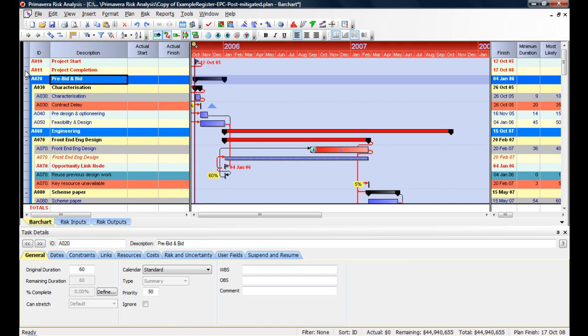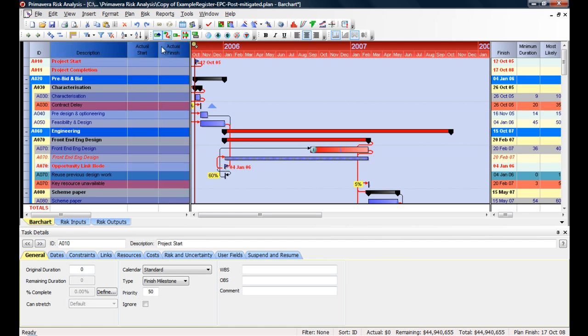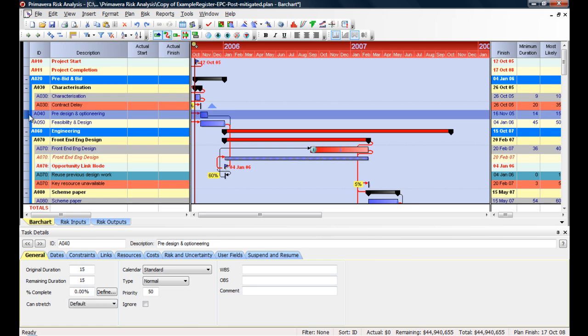So selecting multiple columns at one time or multiple rows. Notice if I click and drag, I can select multiple rows. If I click and drag on the columns, I can do multiple columns. So getting data out becomes really easy. I'm going to select one row